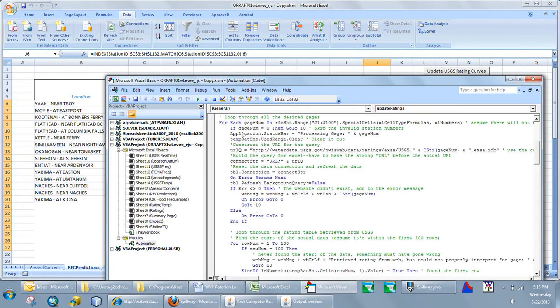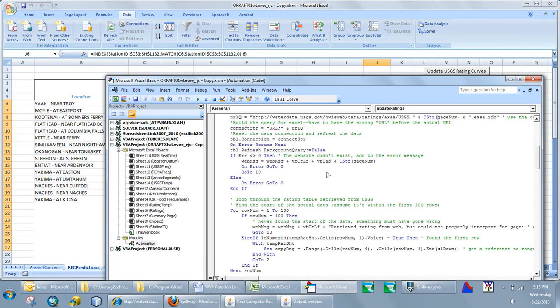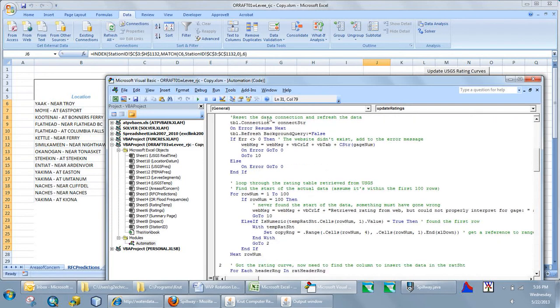Okay, so now we're looping and we're doing a separate connection for each gauge. So we're going to do a different web query each time we have a different gauge. Here's again our kind of stub URL. Basically you throw your gauge number at the end of there, and then bam, that's the website that has the rating curve. So we refresh our table,